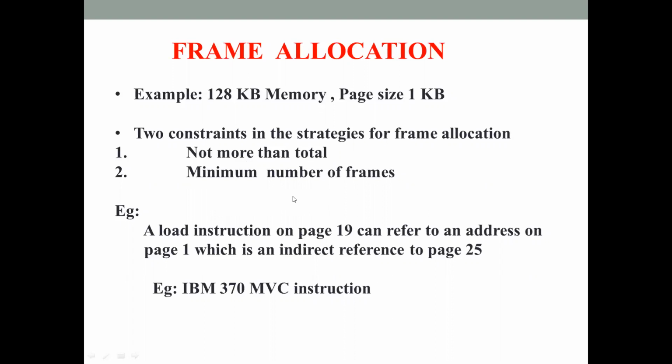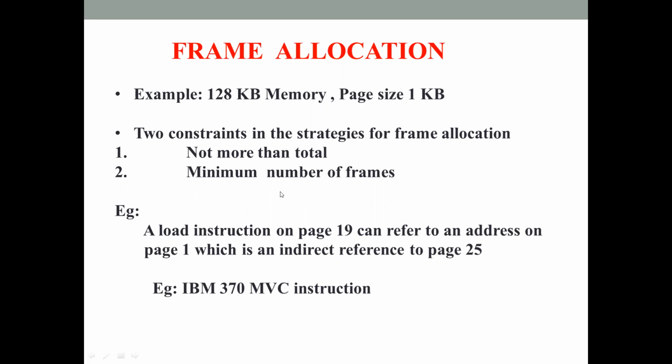Now, why do we have to allocate a minimum number of frames for each and every process? One reason is to ensure good performance of the computer system, because when the number of frames allocated to each process decreases, it increases the page fault rate and slows down the process execution. Also, whenever there is a page fault, the instruction execution is stopped. The page has to be brought from the disk and loaded into the memory, and then the instruction has to be restarted once again.